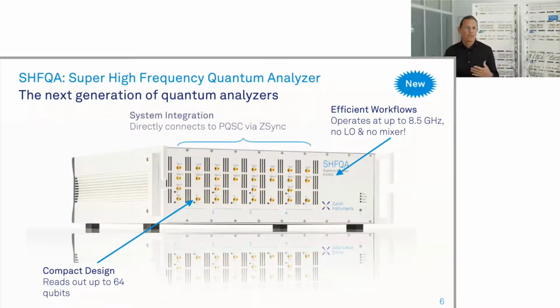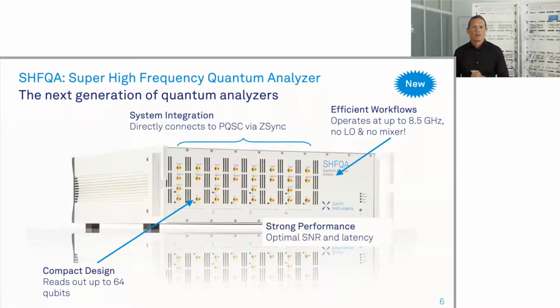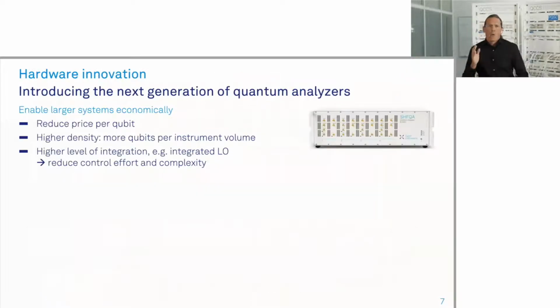It integrates seamlessly in our central controller approach over Z-Sync, the information transfer lines between the instruments. And obviously we gave a strong effort to again improve the performance to achieve optimal signal to noise and also get down latency. Now, we also have to look at the economic side when we talk about scaling, and